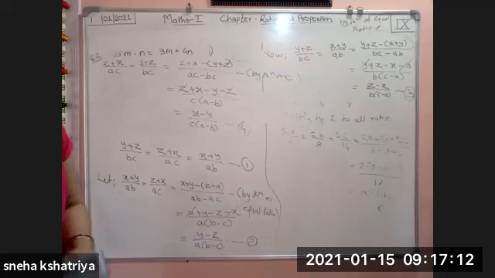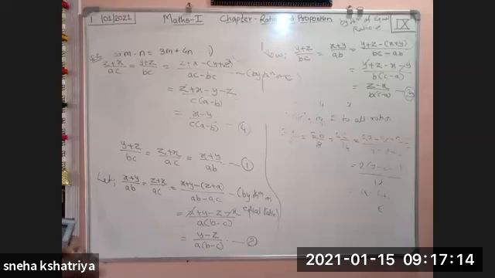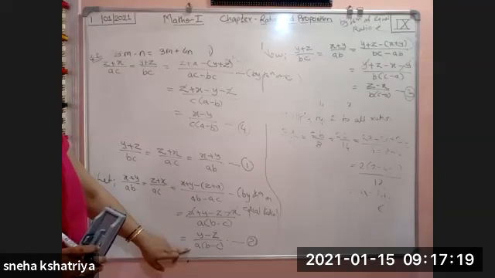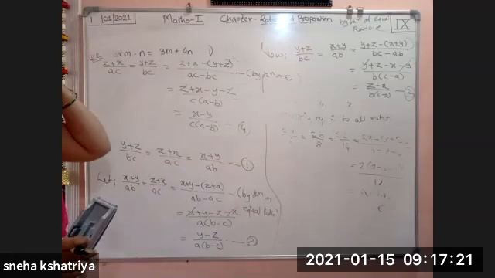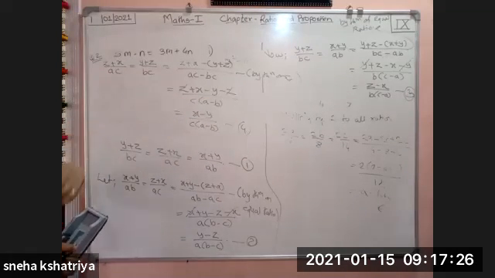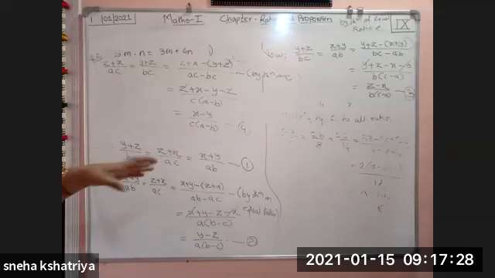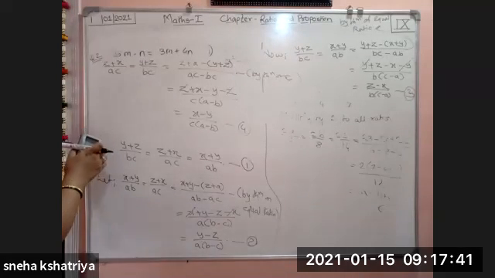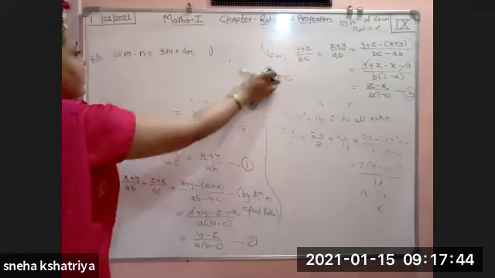So from 2, 3 and 4, you can directly write down whatever the show that was there. Okay. So from 2, 3 and 4, whatever the show that was there, y minus z upon a into b minus c is equal to z minus x divided by b into c minus a, which is equal to x minus y upon c into a minus b. That show that you can write. Okay. Now we will see the next example.